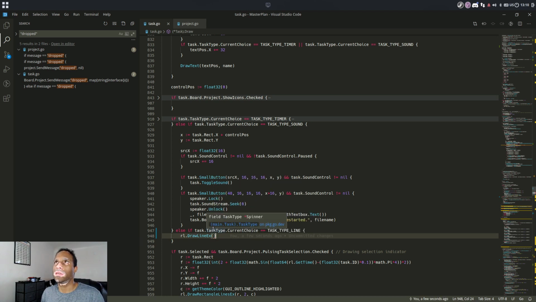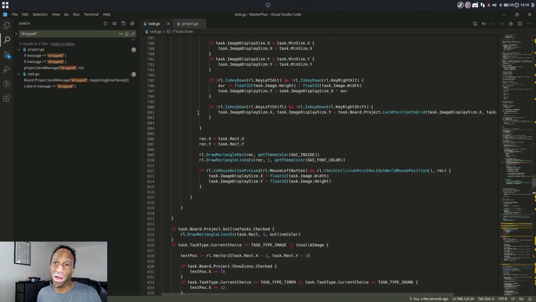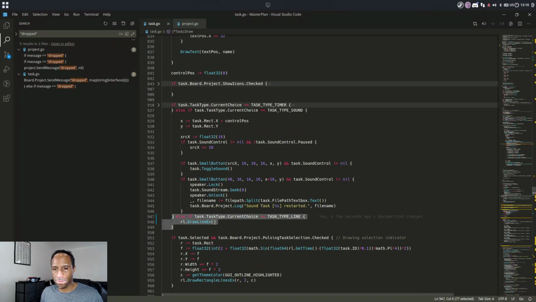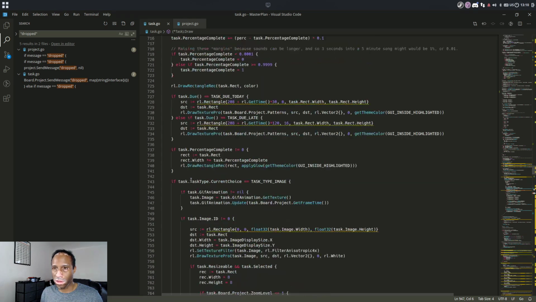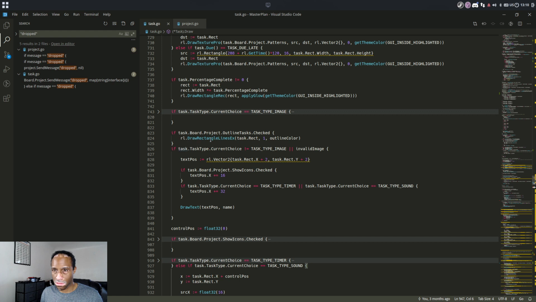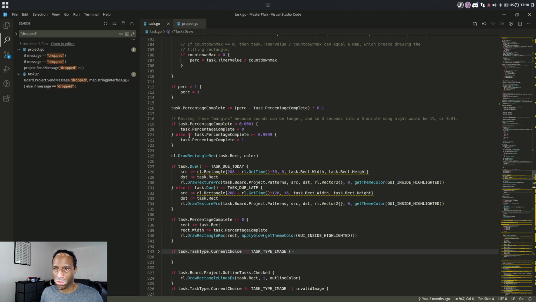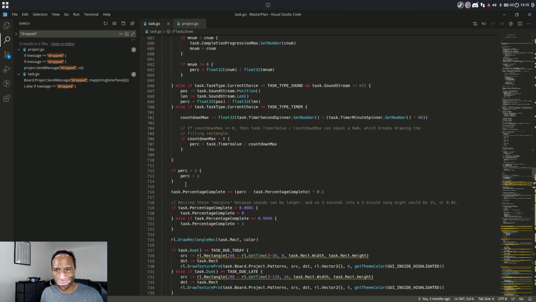I guess actually, I'm just thinking here. We probably wanted to draw before the rectangle. Yeah. We probably want it to draw like outline task. So this is where it draws the outline. This is where it draws the text. So then where's the percentage? Here we go. So we want to draw like